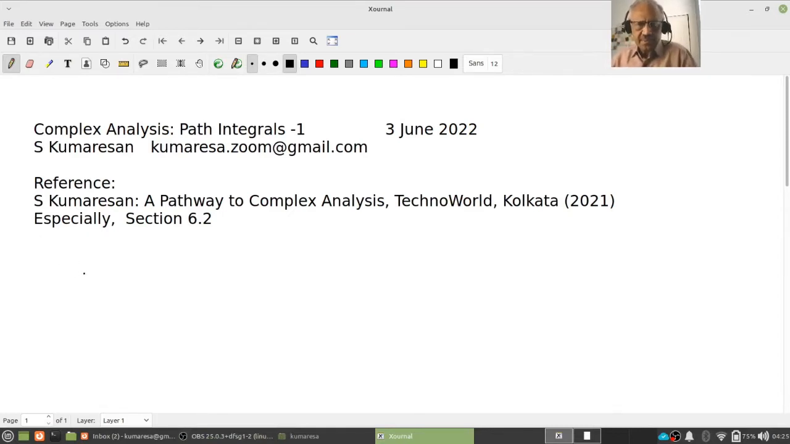Many of you might have seen my analysis and topology lectures. By a path, what we mean is a continuous function from an interval to some topological space. Any such continuous map is called a path. Notice that a path is a continuous map from an interval to some topological space. In particular, we are going to deal with open sets in C. So we say gamma is a path